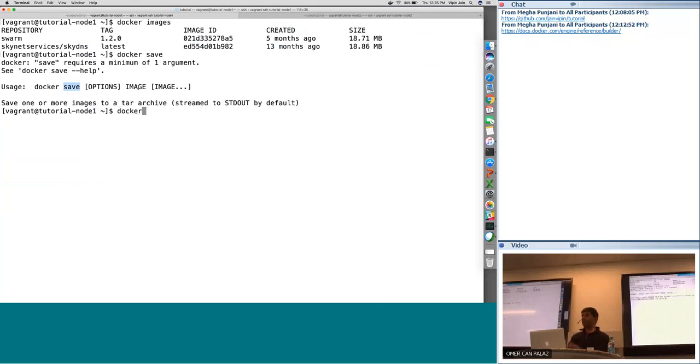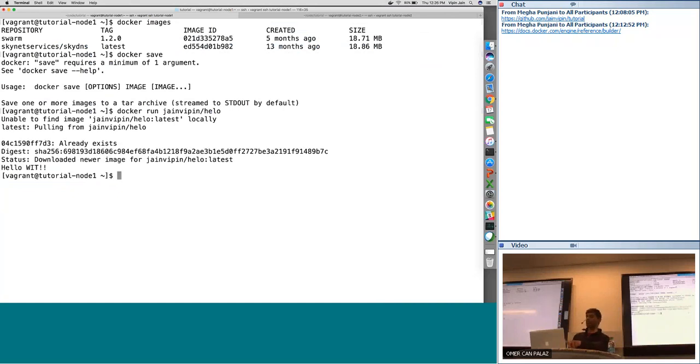But right now we don't have an image. So first we will download the image and then save it. We can save it as a tar file, for example, as a binary that you can transport across. So if I were to do Docker run now, the first thing it will do is say unable to find image, and it's downloading that. Then it pulls this one from the Docker Hub repository and then it runs it.